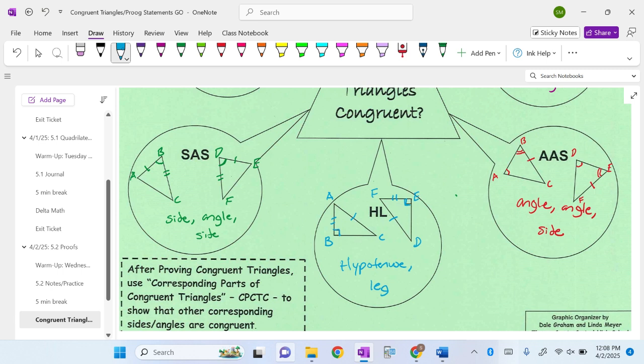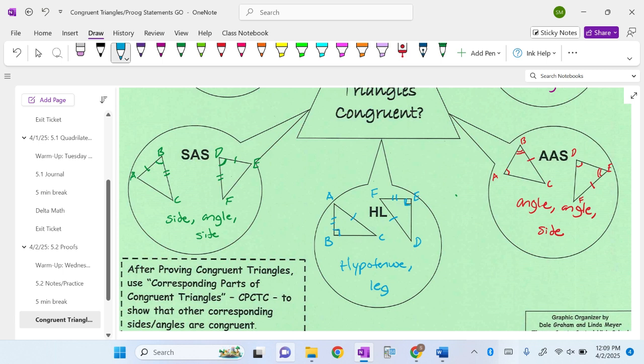So she said it's basically not enough information. So that's why you can't have ASS, because it's not enough information. Because you either need to have at least two angles that are congruent, because then you could use the triangle sum theorem to get the other angle, or you need at least two sides that are congruent, because